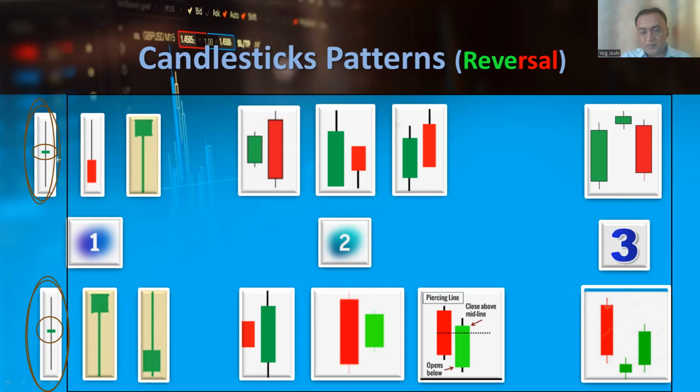So whenever we find a doji candle, a neutral candle, an indecision candle, an equal force candle, we are supposed to wait for the confirmation candle. After the doji, whatever candle forms will indicate the upcoming move of the market. So are you interested to discuss all these things on the real chart?